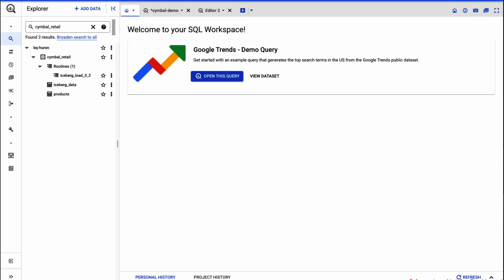In this demonstration, we'll go over how you can use new Iceberg file format support within BigLake using both Spark stored procedures and then querying the data using BigLake features such as row-based security to control access to your data. Here, we're at the BigQuery homepage to start our demonstration today. First, you'll note here that I have a couple things ready for us to go, but one thing that we